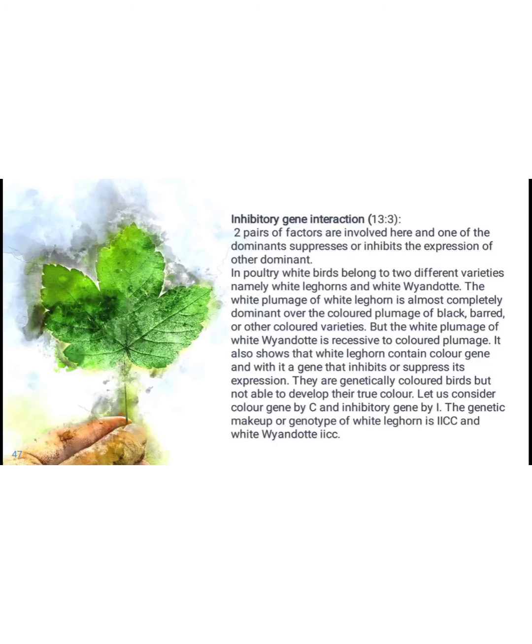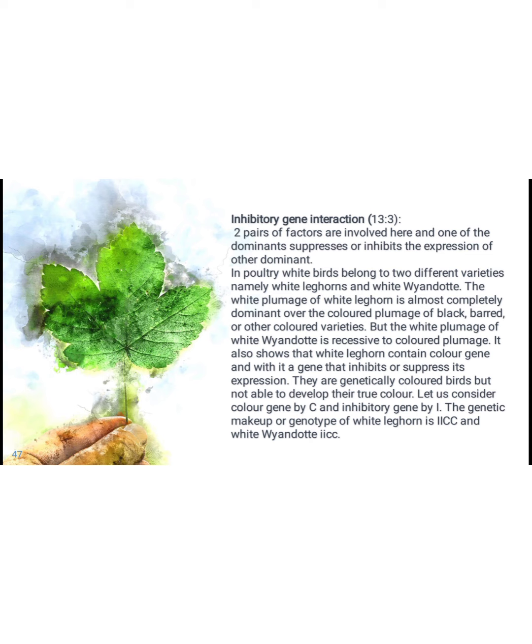In the previous lecture, we saw complementary interaction and epistasis interaction. In this lecture, we are going to see interaction number 3, the inhibitory gene interaction. The name itself gives the meaning: inhibitory. Inhibitory interaction means one gene inhibits the character of another gene and they produce a different character. That is the exact meaning of an inhibitory interaction. Inhibit means one gene inhibits the other gene's trait.